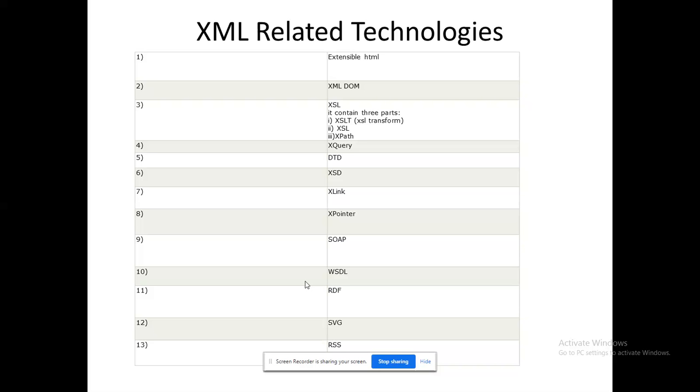RSS, Rich Site Summary, is also there, and an easier one that we could demonstratively see in web programming is RDF and OWL, right? OWL, Web Ontology Language based languages. So they are the subsequent level of our XML technologies, but still we don't have any further research that made people work with the semantic web. Due to the exploration of AI, ML, and DL, I think people have not traveled further on OWL and RDF. I think soon we may have to work with the semantic web, so that it will explore further ideas on the XML related one.